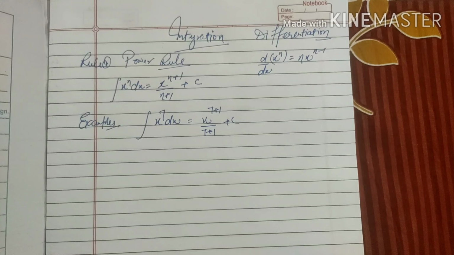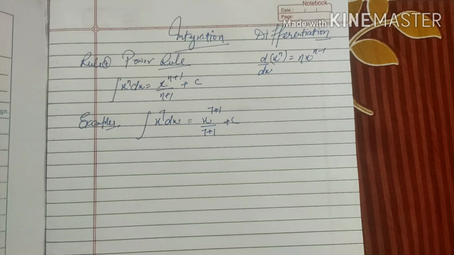Now we are going to discuss rule number 2. In differentiation we have done differentiation of a linear function (ax plus b) raised to power n, in which we use this method: power comes forward, power decreases by 1, then the derivative of the base. Here in case of integration, the rule is the reverse of it. In differentiation we use the power rule first, and the same here, we are going to apply the power rule first. Power increases by 1, giving the new power. Here the derivative of the base comes in multiply in differentiation, but in integration it comes in divide. So this is our second rule for a linear function.